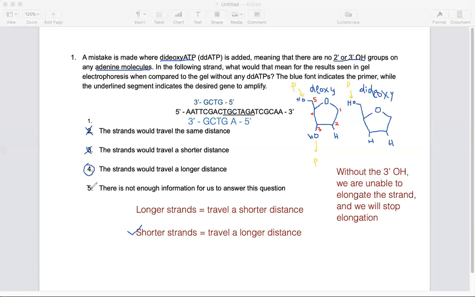We definitely have enough information to answer this question, right? We know that the ddATPs will stop, not transcription or translation, but the replication right here, right? And so our entire strand is just this length, as opposed to the ideal length that would be all the way up to these A's over here, right? So we know that for a fact, and we also know things about PCR and gel electrophoresis that would allow us to answer this question, even though those facts are not